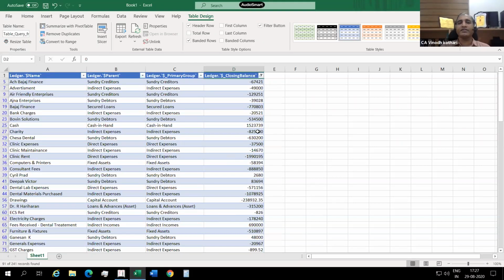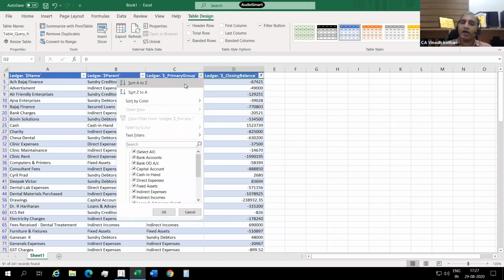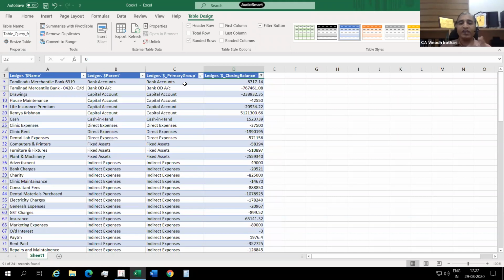Then I am arranging this in ascending order. This is the second step. Now, if I update the data, the report will be created again in the same manner, so again I have to filter it, and again I have to do the ascending order. These kinds of steps you can create in Power Query.